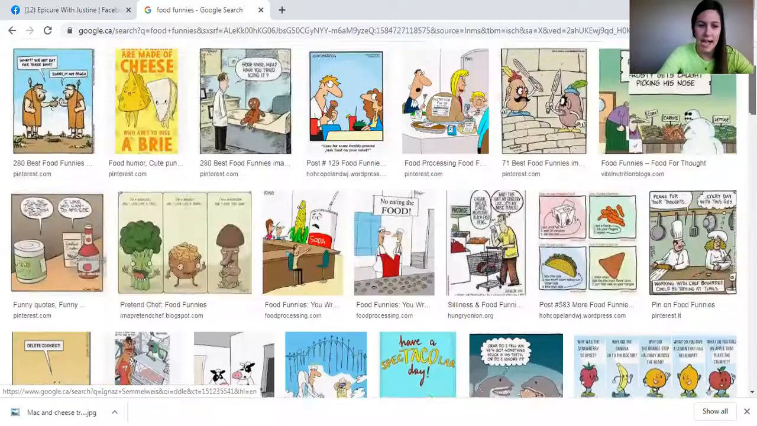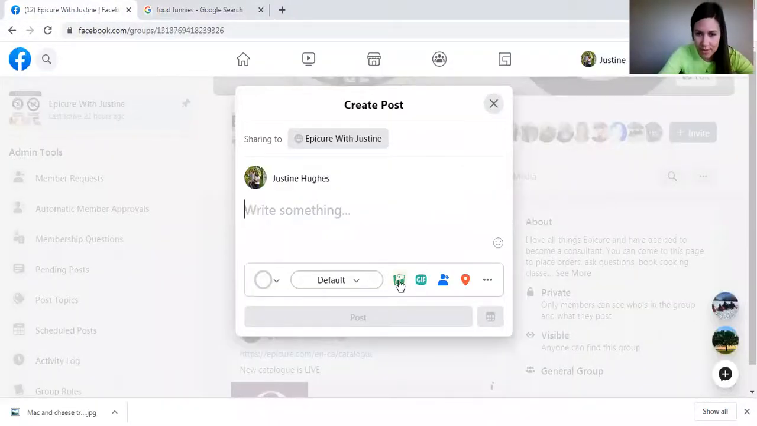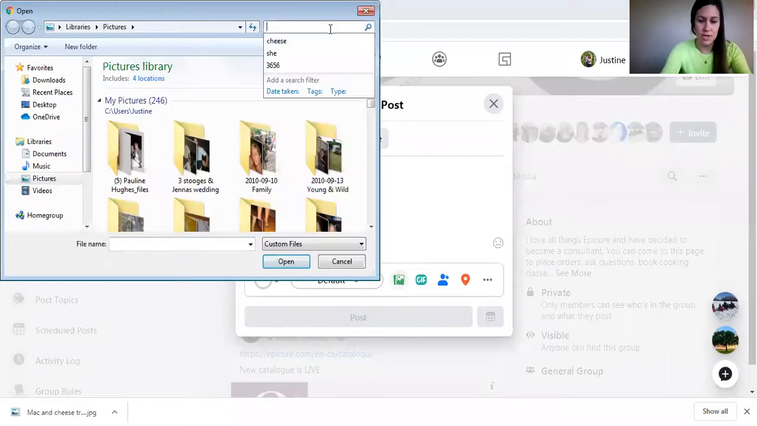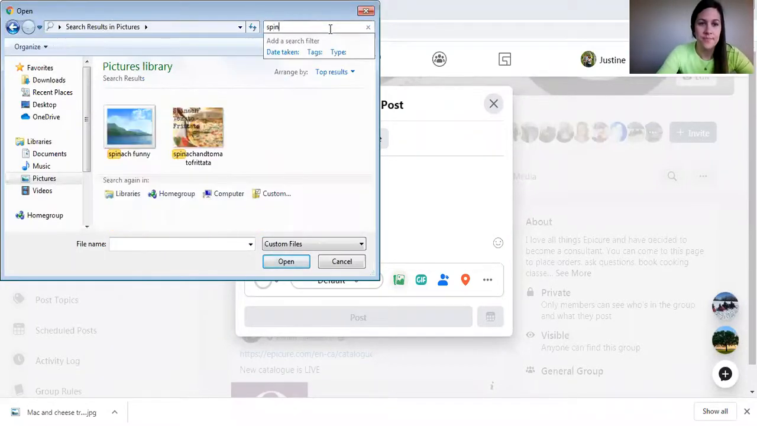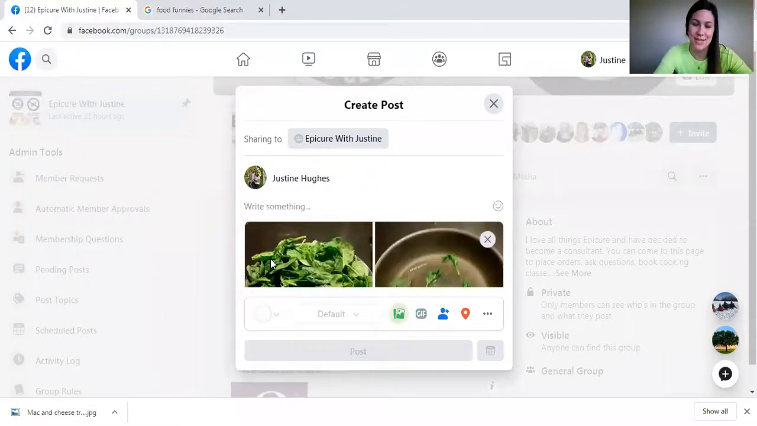Pretty simple. I actually had found a spinach one that I thought was funny. So let's just go back to here. I am going to go to my pictures and spinach. Spinach funny, because this is legit. This is true. I actually make spinach every morning with my eggs, and I swear the first picture is the way it looks whenever I put it in,